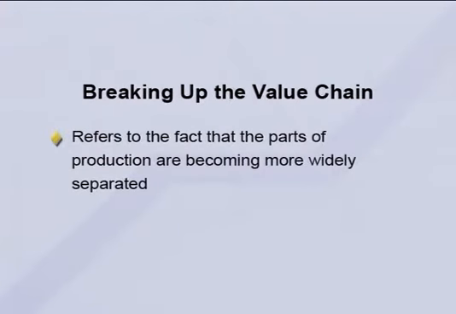In fact, one of the big trends in world trade in the last decade or so is sometimes called breaking up the value chain. And what they mean by that is that the parts of production are becoming more widely separated. It used to be, for example, that you could say, well, this car is made in the US and this car is made in Japan. But now what might happen is, the plastic cover for the seat is made in one place. The springs are made in another place. They're stitched together in another place. It's installed in the car in another place, going back and forth across national borders. And at the end of the day, when you say, where was the car made, it's not obvious where it was made. It was made in a variety of different countries, and the value chain was all divided up.